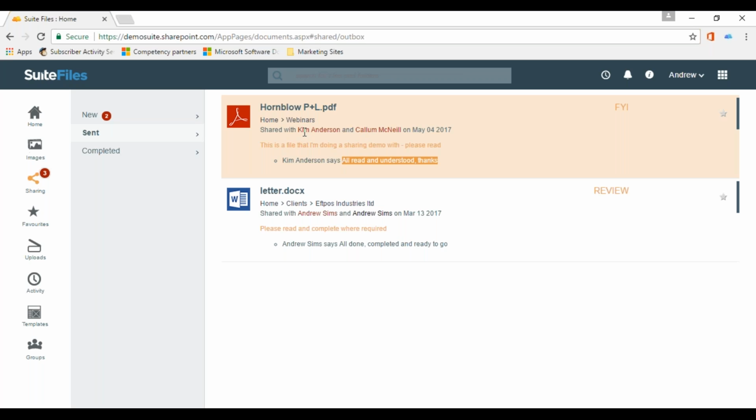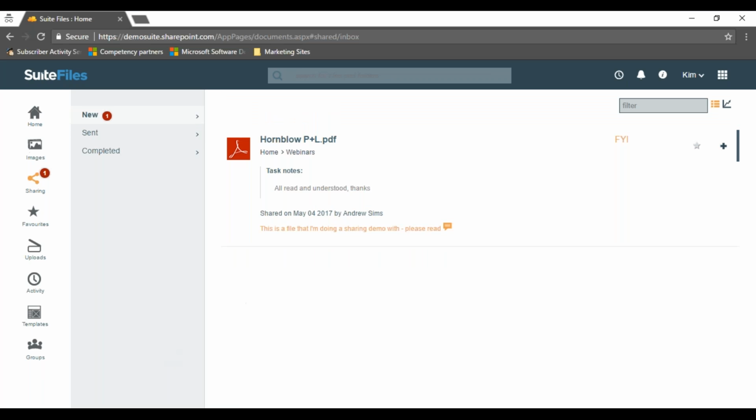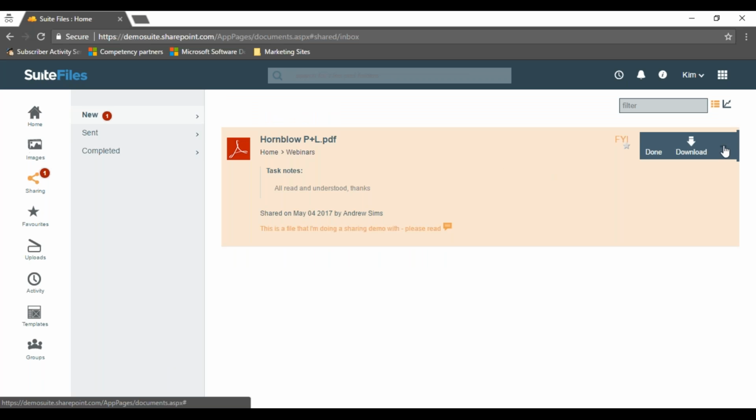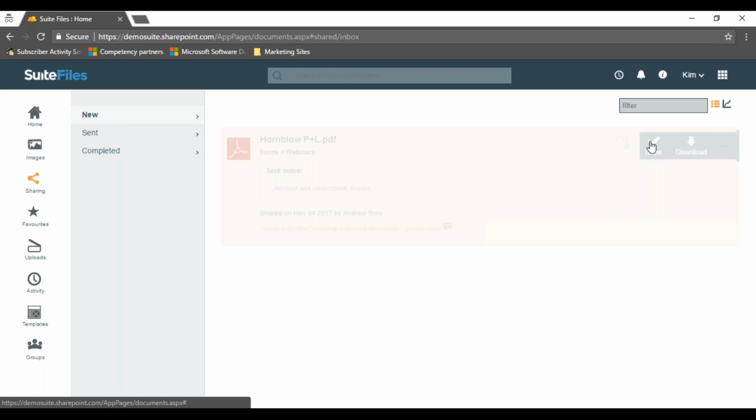So I can actually see, well, both Kim and Callum need to actually complete their tasks. If I go back to Kim's login here, for Kim to complete her tasks, what she does is she clicks the little plus over to the right hand side of the file name, and she clicks the done option. That's greyed out on the screen there,